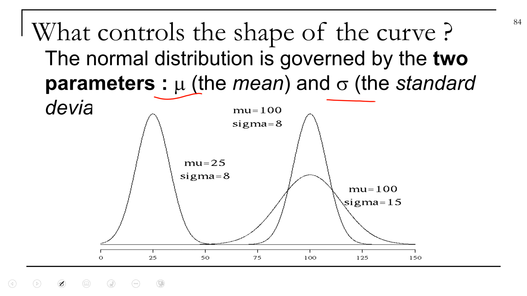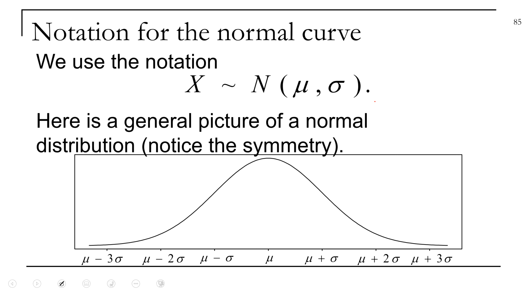Because if sigma goes up, the curve gets wider, and the area under the curve has to be 1. So if the curve gets wider, the height goes down. And as sigma gets smaller, the curve gets narrower, but the area still has to be 1. So height goes up. We use notation x is